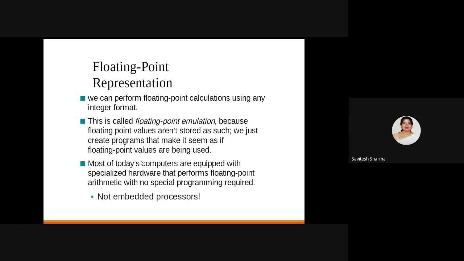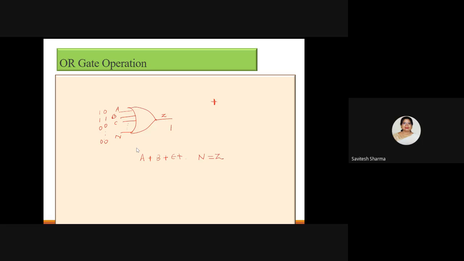Now the truth table for this is, let's say 2 input OR gate. The input variables are A and B, and output is Z. So in the truth table, you will show 2 inputs and you will show 1 output. And you will first write all possible combinations for the 2 inputs. There are 4 possible combinations. So I will write in sequence, and then I will write the output.